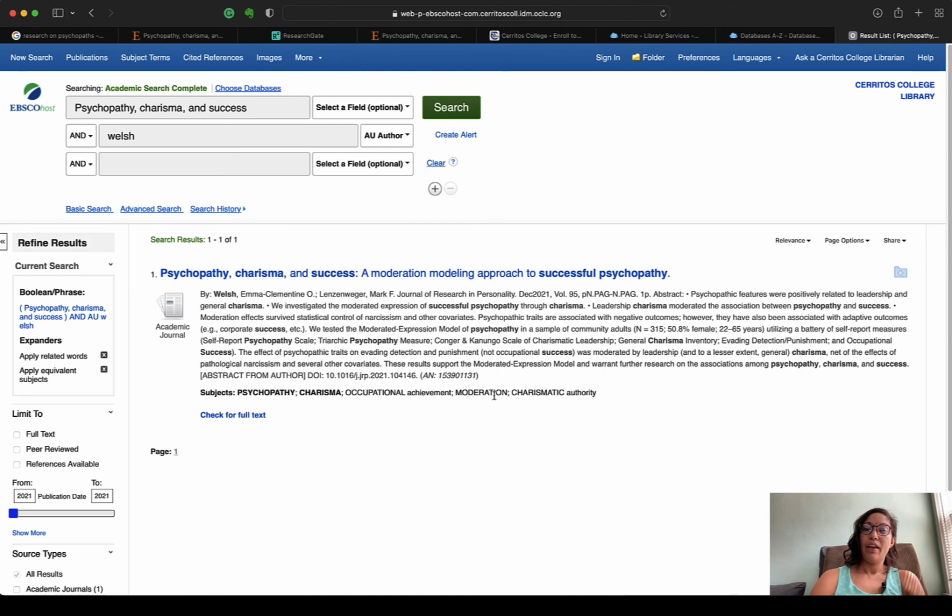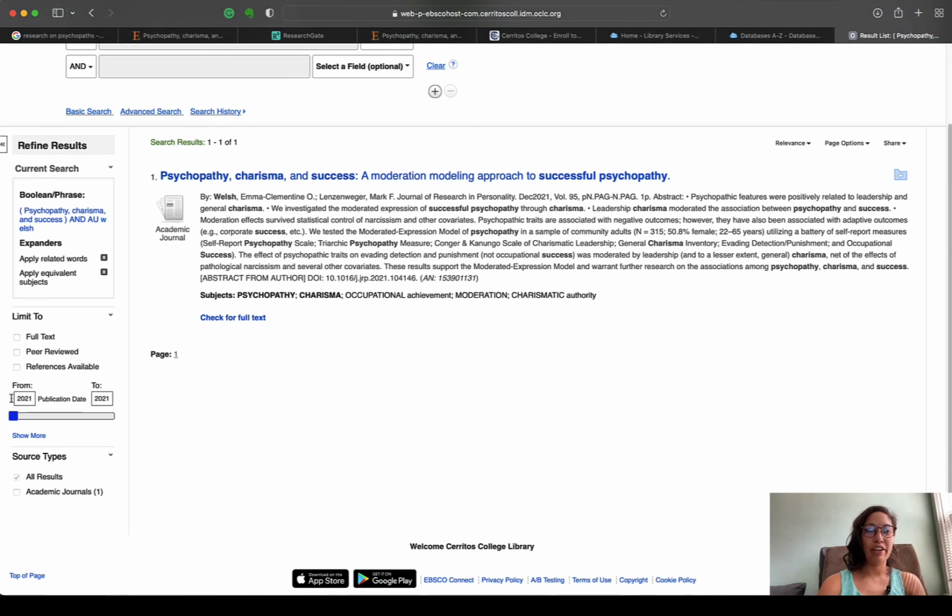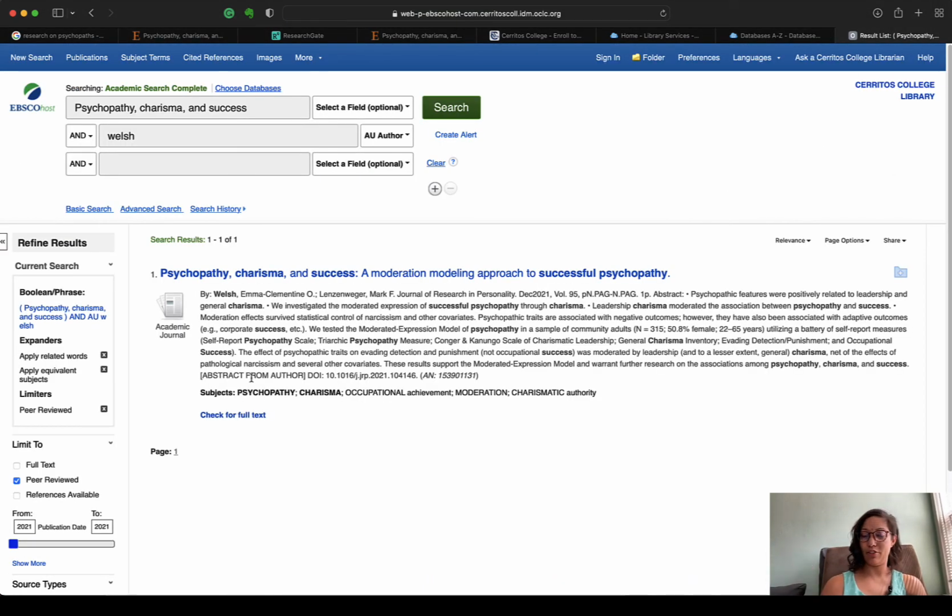So I do have you toggle back and forth between a basic search and an advanced search in our assignment. So I'm glad I showed you how to do that. And I think that's it for this. I also have you go to the left. You can limit your search to year, or you can make sure it's only academic articles by clicking peer-reviewed articles. And this one is that because it was an original peer-reviewed research published in an academic journal.